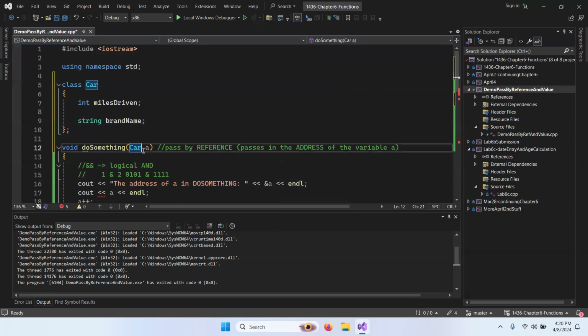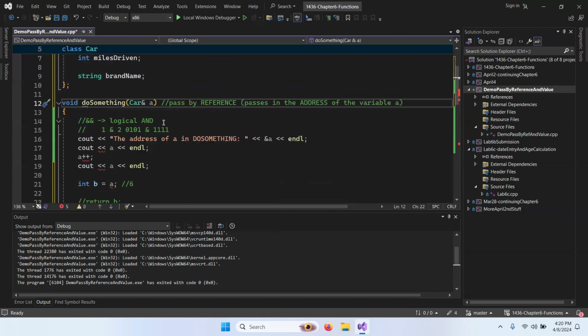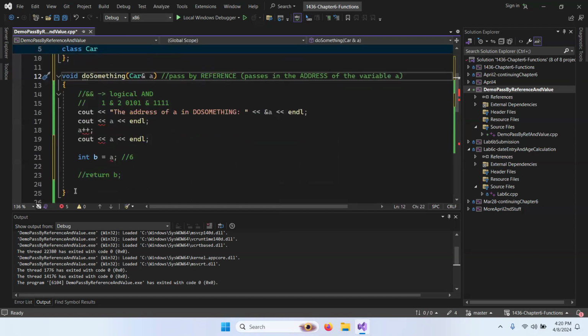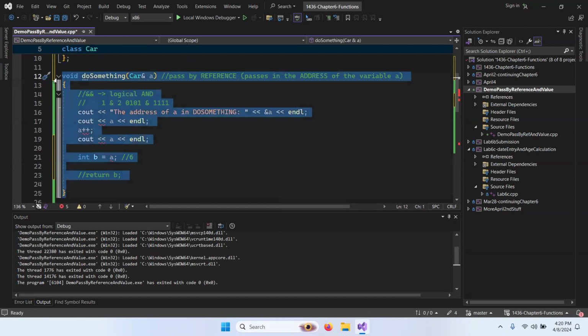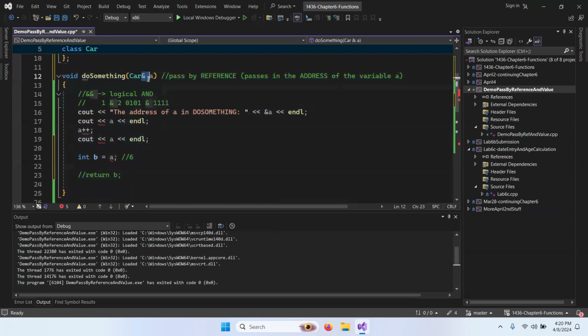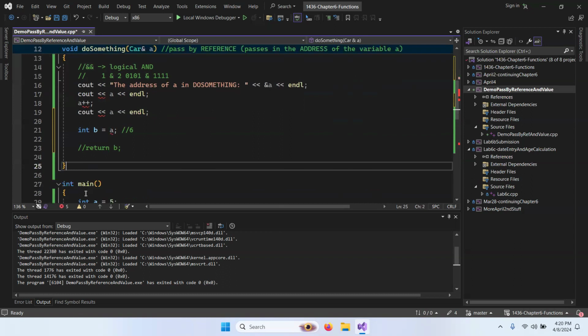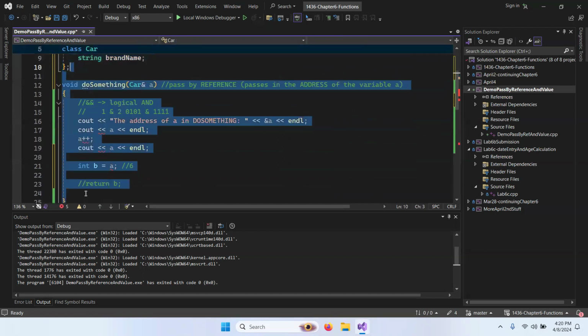And if you pass by reference, in the case of 32-bit addresses, you're passing in 4 bytes of data. The size of a car, not the literal size of a car in real life, but there's a potential computational performance benefit to passing by reference versus pass by value, because